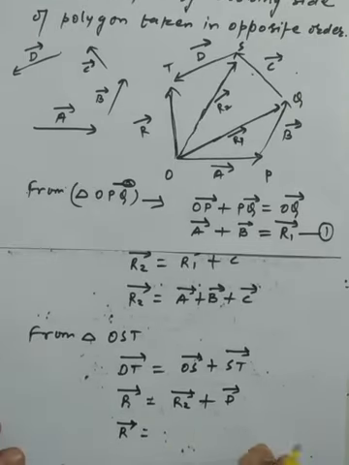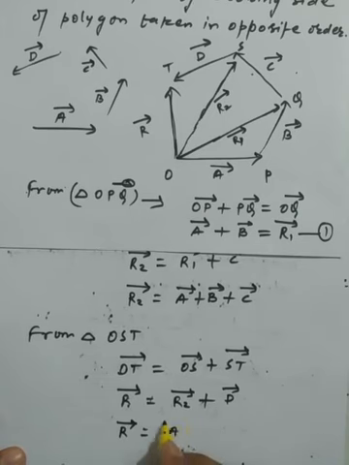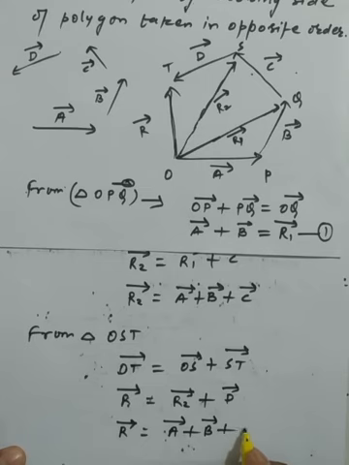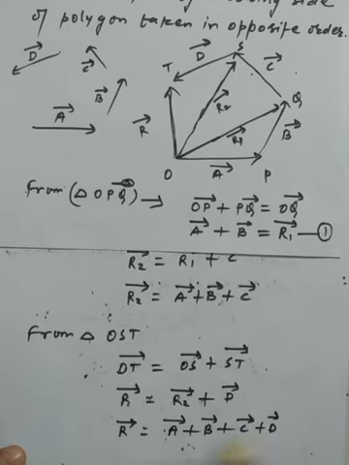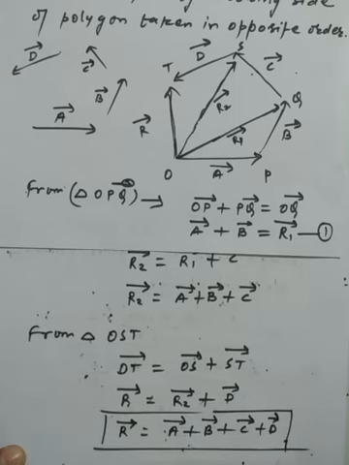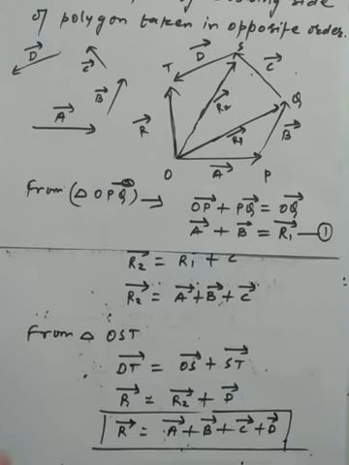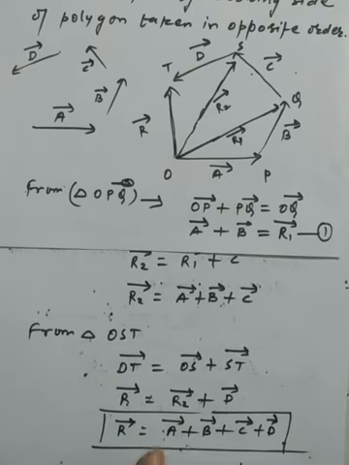Here we can write the meaning of R2 in terms of the vectors: vector A plus vector B plus vector C plus vector D. So here we have assembled all the parts. The final resultant we get from this geometrical shape is called the vector R. Vector R is equal to vector A plus B plus C and D. So these are the basic rules of vector addition, in which we get different types of situations.